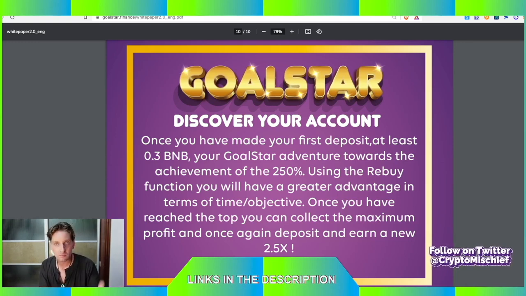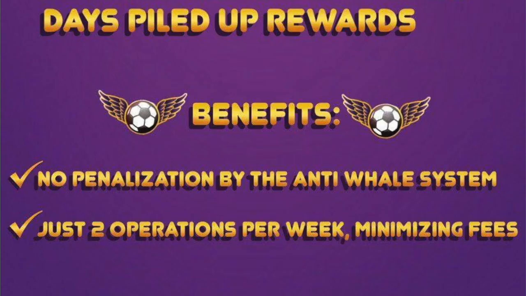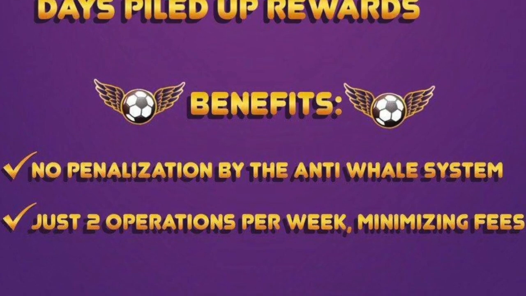Reinvest new, fresh blood, fresh capital into the miner. Using the rebuy function, you will have a greater advantage in terms of time and objective, getting more of that ball. Once you've reached the top, you can collect the maximum profit and once again deposit and earn a new 2.5x on that. This is very important too, so we cannot just compound this until evermore. We must reinvest after we get